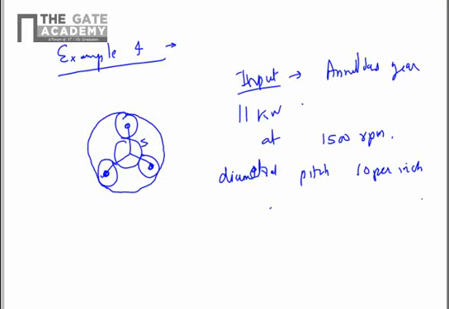So the example that we just considered was a combination of an epicyclic chain and a compound gear chain. We have not covered that topic in theory, but as you can see from our numerical example, it is pretty much straightforward, and it employs the principle of the epicyclic chain and the compound gear chain.